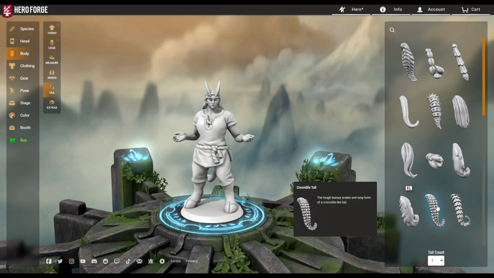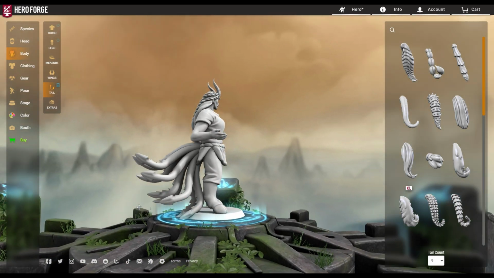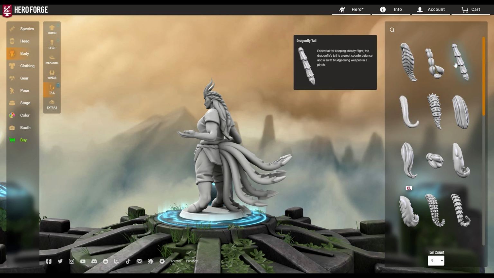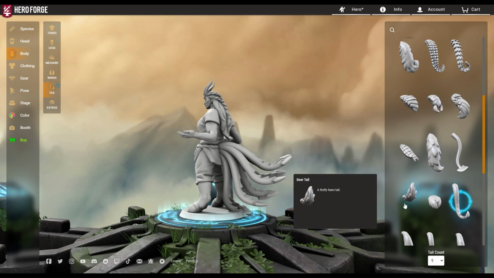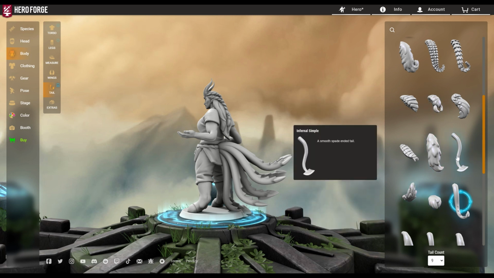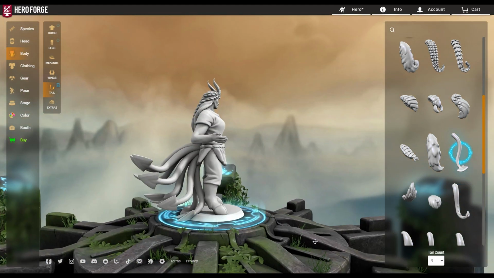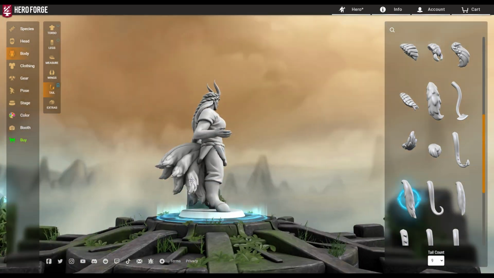Now, obviously, the more tails you have, the more cumbersome that's going to be to print back there. So keep that in mind whenever you're designing a character. Don't go crazy. You're still going to have to manage to print these things, and the more stuff you have hanging off the back and the more things you have overhanging in different areas, the more complicated you're going to make that print. Yes, it's probably going to look super cool. But again, just be conscious of the fact that you are adding detail, and these are details that you're going